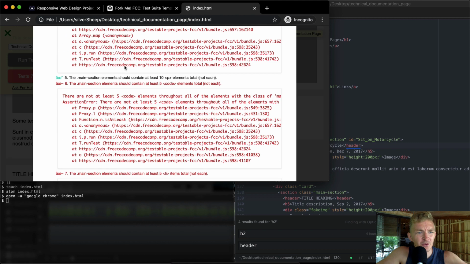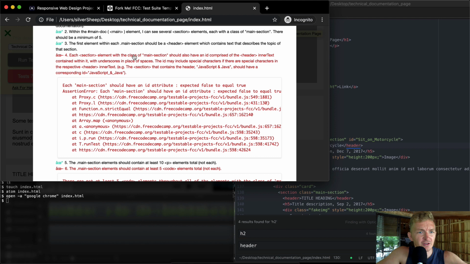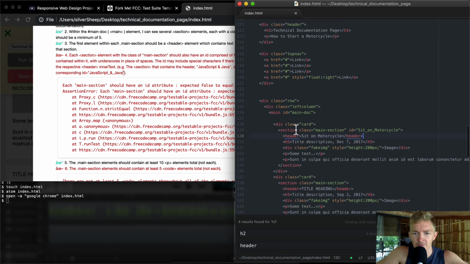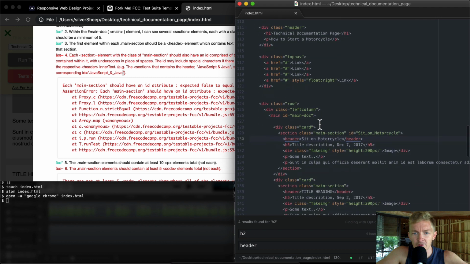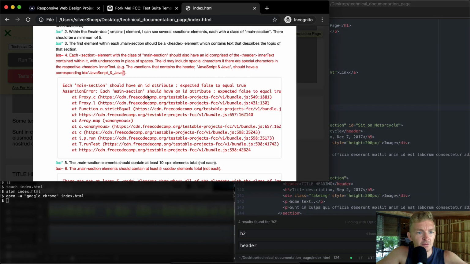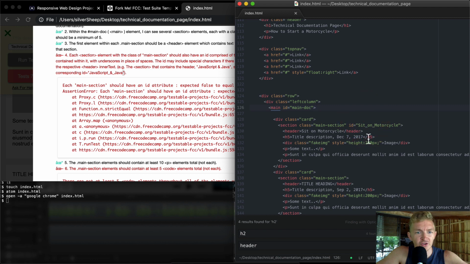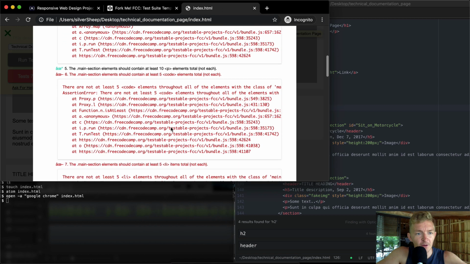No, I'm jumping ahead. I'm missing this code. Each section with class of main section should also have an ID comprised of the header inner text. The main section should have an ID attribute. Okay, cool. Main section. Here, each main section should have an ID attribute. Oh, this is main section should have an ID attribute. Okay, so this is saying it should have an ID attribute, and here we're describing what it is, at least